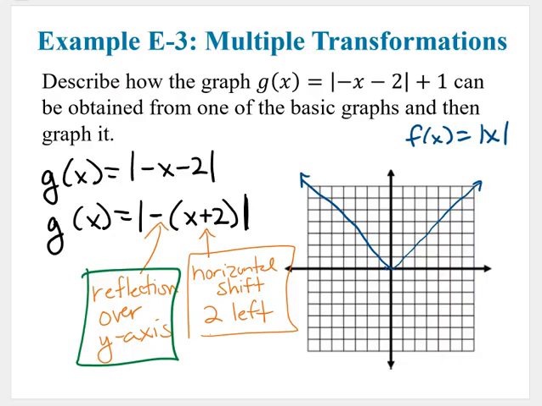So 2 to the left would put it over here, and then these would still have a slope of 1. So over 1, up 1, over 1, up 1. I just like to put some dots in there. It helps me guide when I'm doing my drawing, because I'm not very good at drawing. I don't know if you've noticed that, but I'm really not that good. Okay, so there's my shift. And then the last thing I need to do for this guy